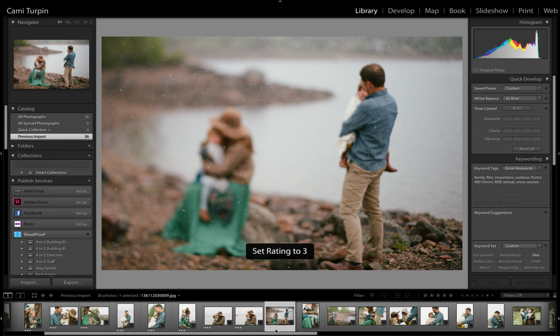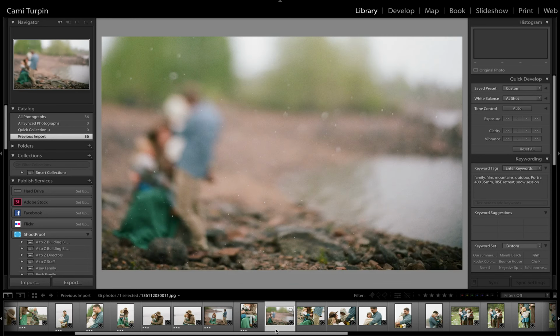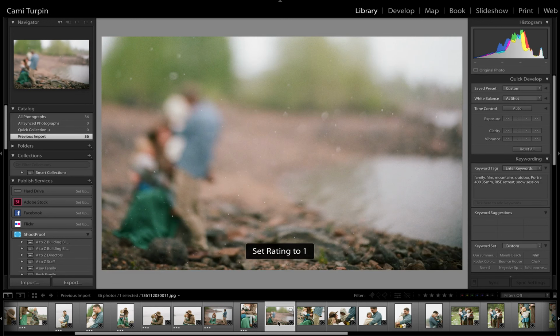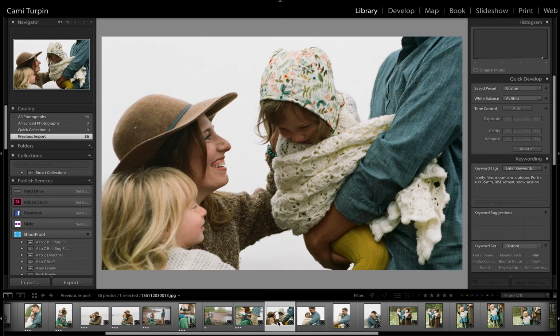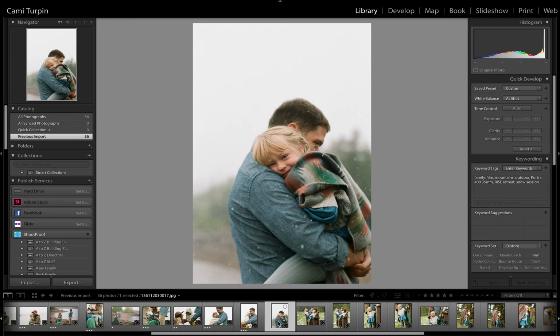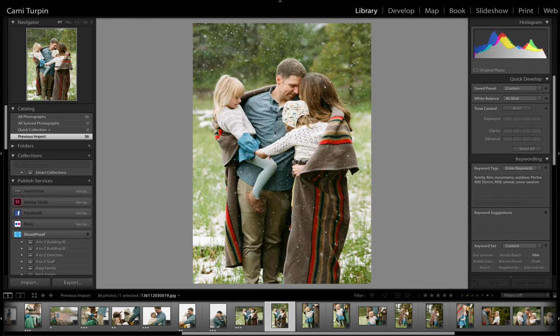So I'm going to choose 3 on that one, 3 on that one. I'm going to say 1 on this one because I already have a similar frame that is better. I like that one better, so I'm just going to 1. That's cute. That's maybe a 2. It's a little funny. Let's see, and this is maybe a 2. Anyway, so I just go really quickly through,